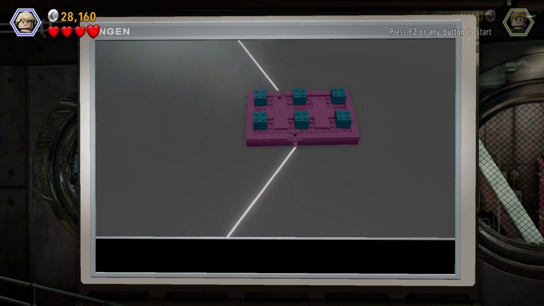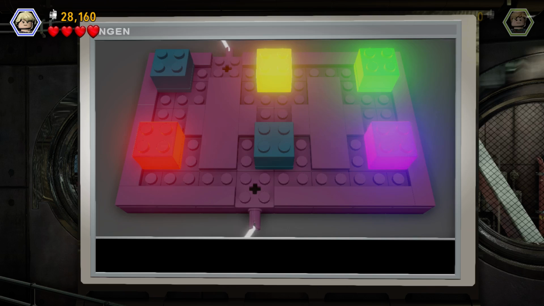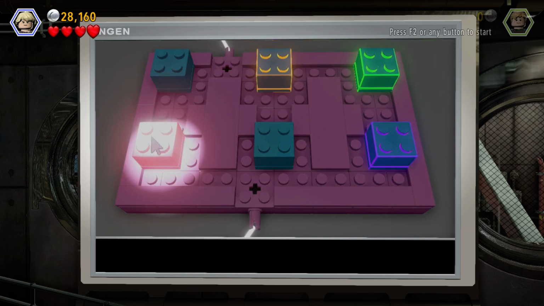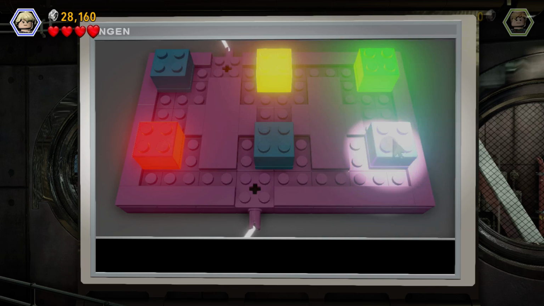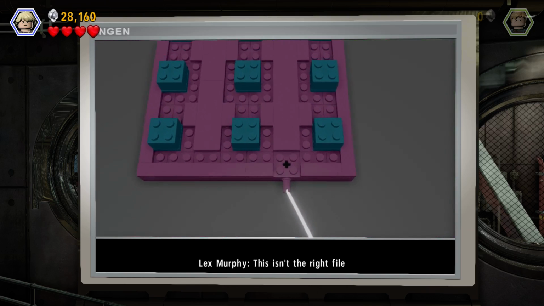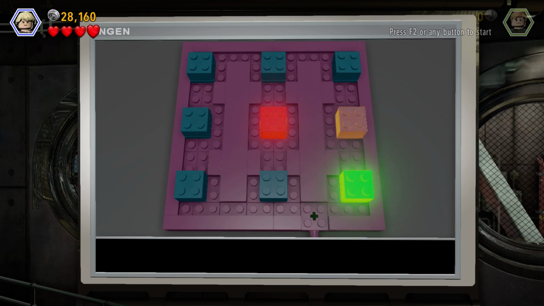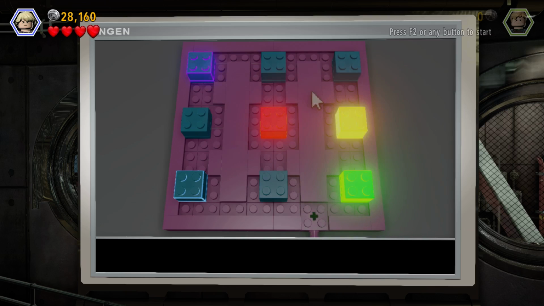Trying to reach the gun. I can't get it unless I move. Red. Okay. So let's light these up in the right order. I assume that's what I'm supposed to do. This is it. This might be the right file. This isn't the right file. So, yeah. They desperately needed...